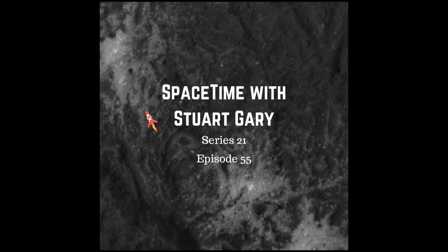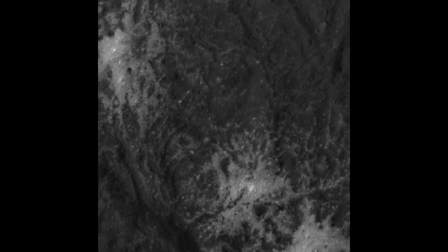NASA's Dawn spacecraft has reached its lowest ever and final orbit around the dwarf planet Ceres, returning thousands of stunning new images and other data. Mission managers manoeuvred the spacecraft into an orbit that dives to just 35 kilometres above Ceres' surface. From this vantage point, scientists were able to observe the mysterious Auffel crater and its famous bright deposits and other